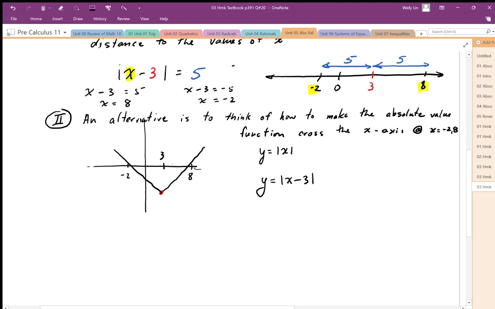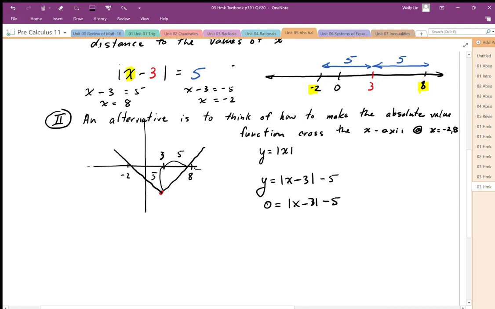And then to figure out how far down it goes, it's got to go down so that we have a distance of 5 here, and that means that we've got to go down 5 here. So we're just going to go -5, and there's our function that's going to cross the x-axis at those 2 points. Now to make this an equation, it crosses the x-axis at 0, so we're going to make y equal to 0,